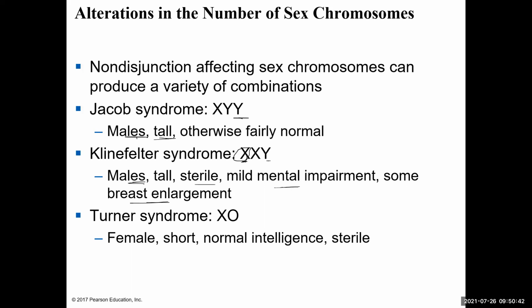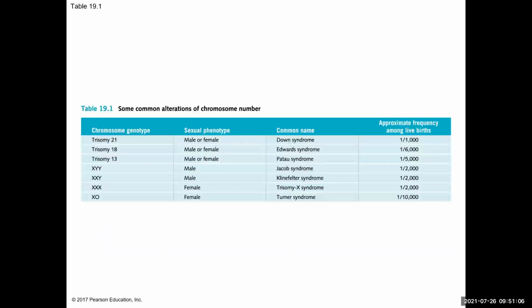And so that X chromosome is being expressed doubly, whereas originally in a male, you only get expression of one X gene instead of 2. And then Turner syndrome is where you have no Y. Because you don't have a Y, you typically only have the female characteristics. They tend to be shorter and sterile because of the lack of the second X chromosome. So here's a chart just showing some genotypes for alterations of chromosome numbers. What the phenotype is in terms of sex, the common name for it, and then the frequency of births in